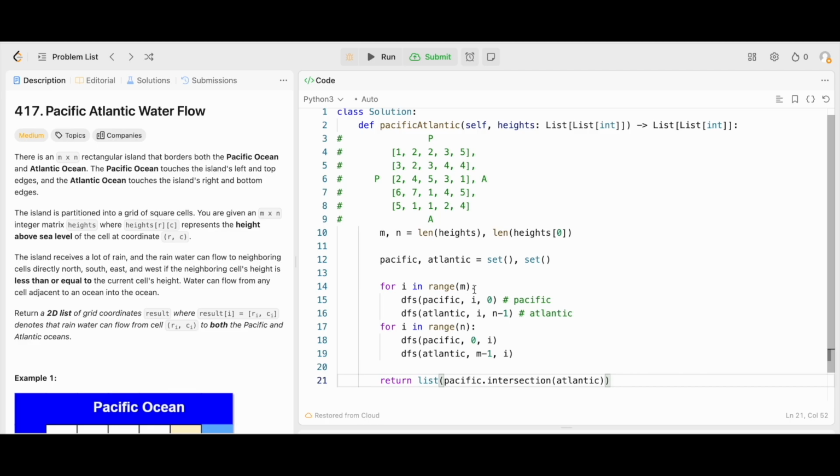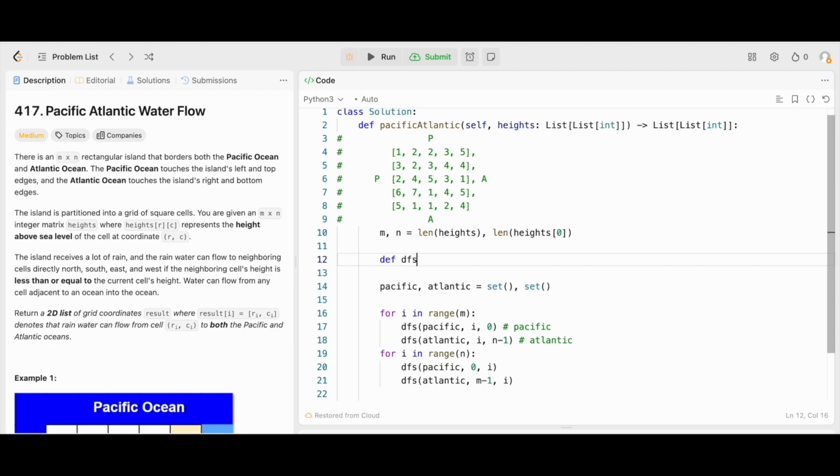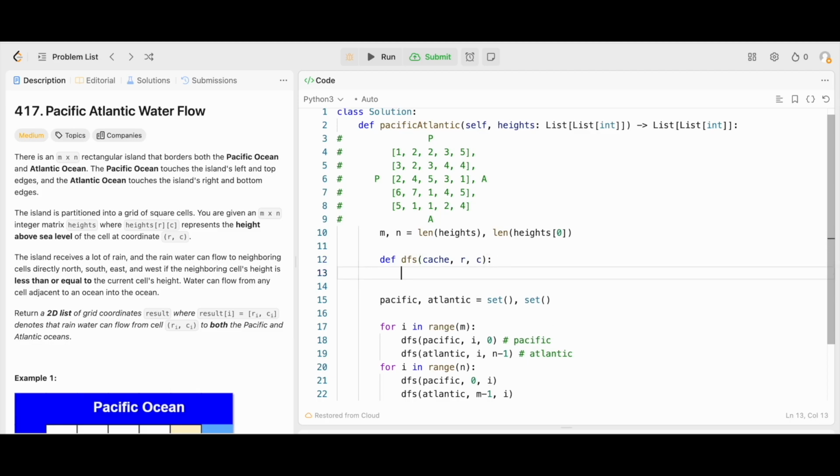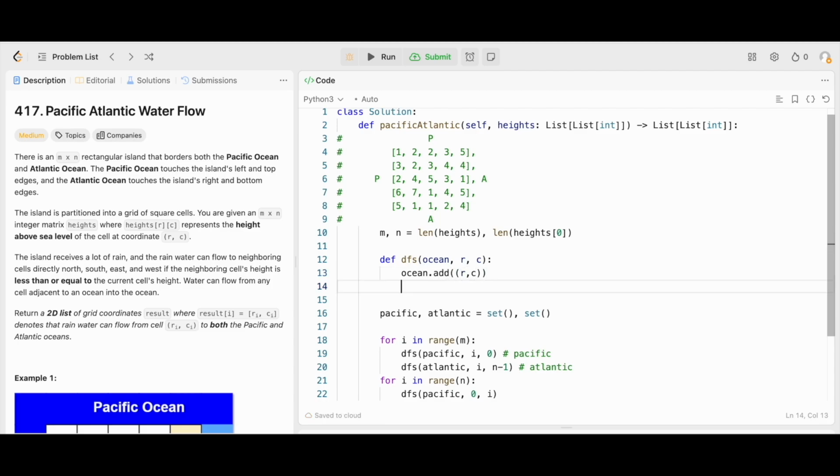So now the only thing left for us to do is define this function DFS. We pass the cache, row, and the column number. If the DFS has already been called for this specific cell, that means this cell can already reach the ocean. So let's add this cell to that ocean. Now let's call this ocean, and we are adding the row and the column. So next we need to explore all the neighbors,